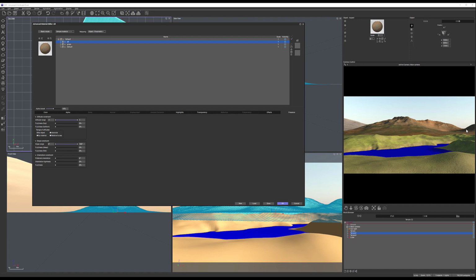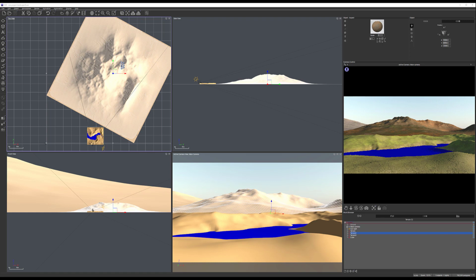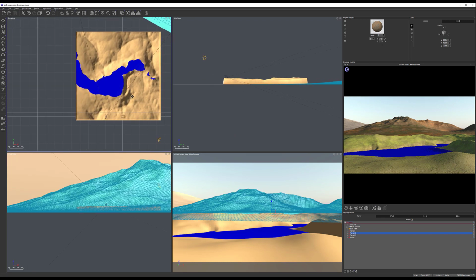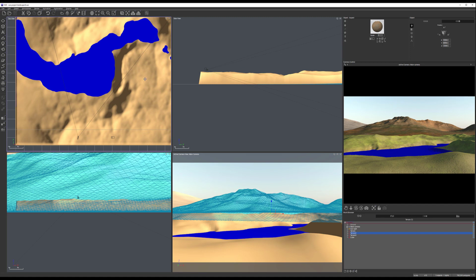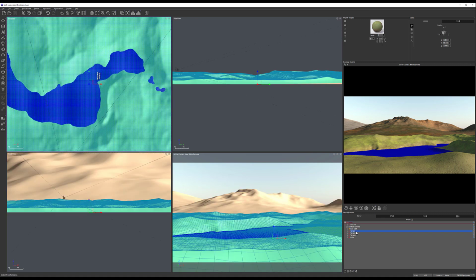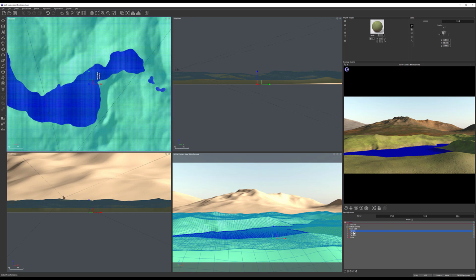Okay, I think at this point we're ready to go ahead and start putting some plants on this. So let's go ahead, click OK, and let's save our work. Okay, next we start going to work with the ecosystem or populations. So I'm going to select my main terrain. Okay, and this one, you know what, let's just double click,